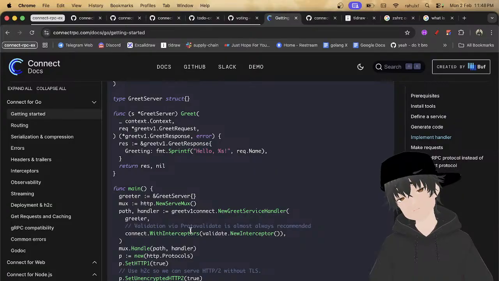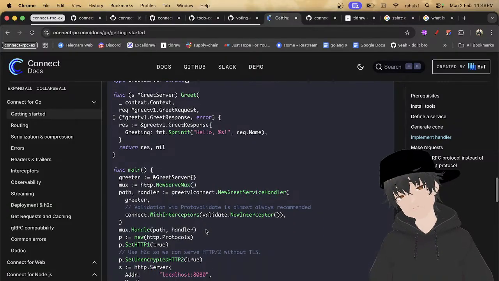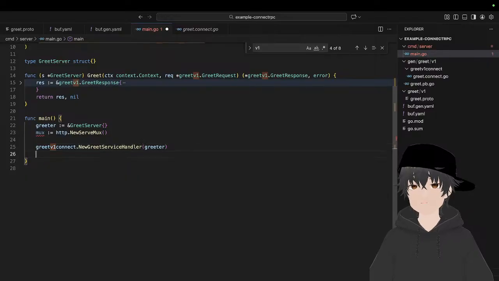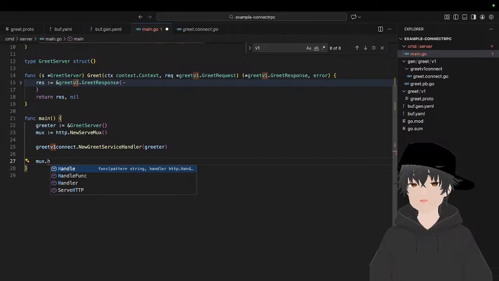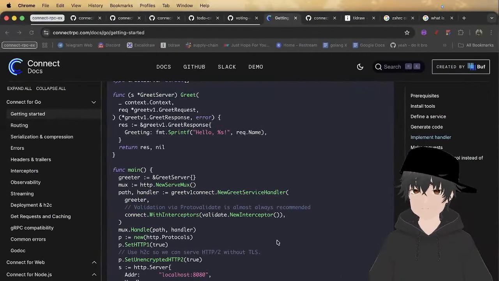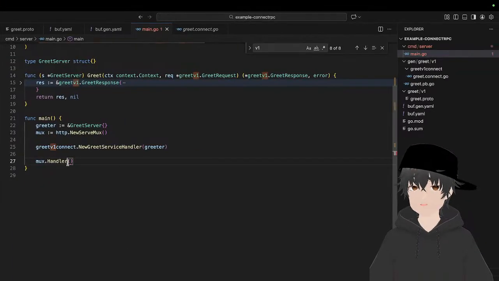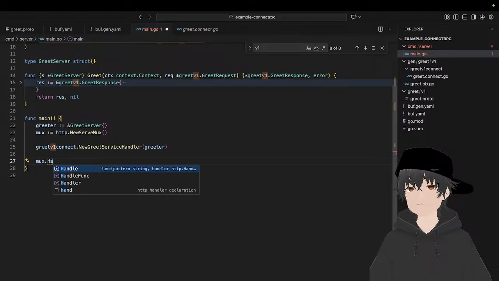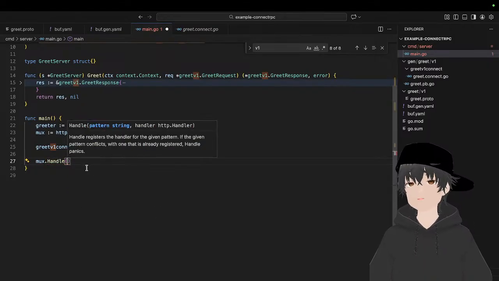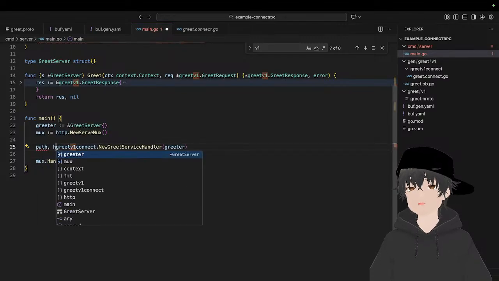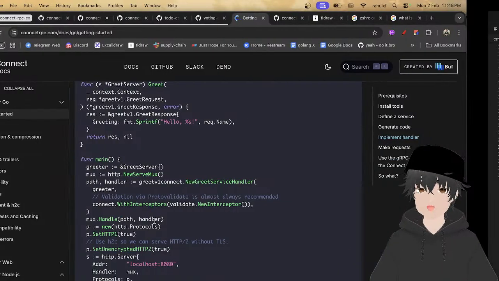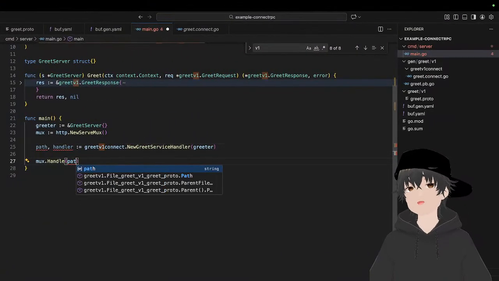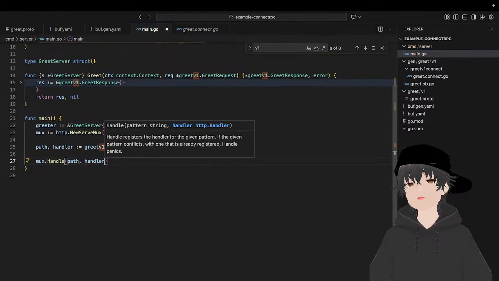as we have not installed the validate, so we can mux.Handler, sorry, mux.Handle, which takes pattern. I think this takes path, right? This takes path and handler, and here you just have to pass the path and handler.